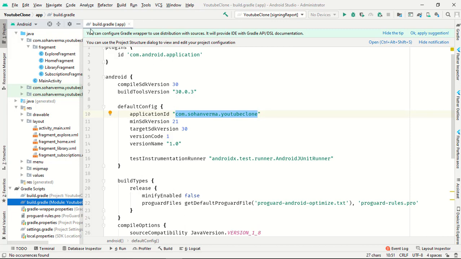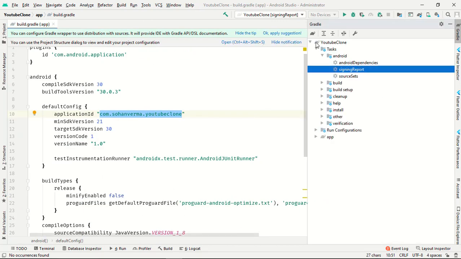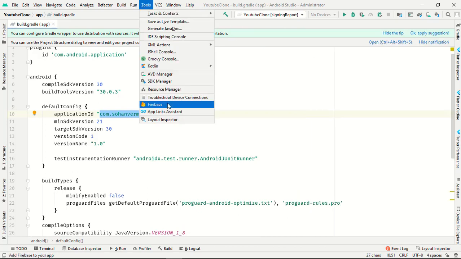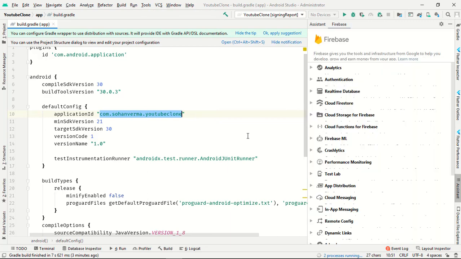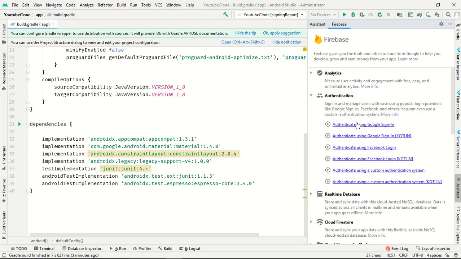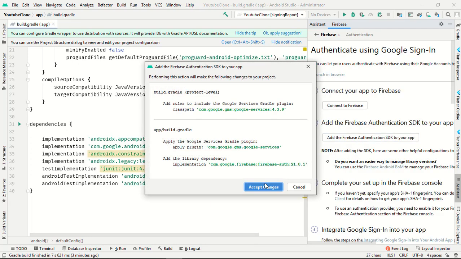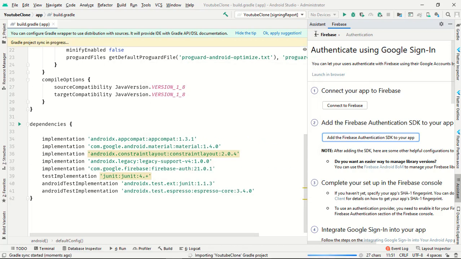Now you need to install the dependencies in our project. Go to Tools, Firebase, and you have to use three dependencies. First is authentication. Click on it and add Firebase authentication. Okay, yes, accept changes.